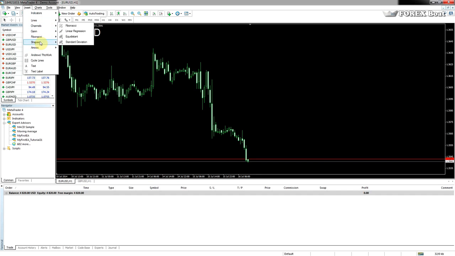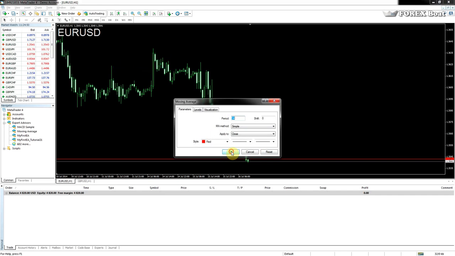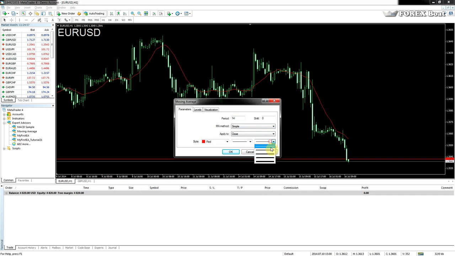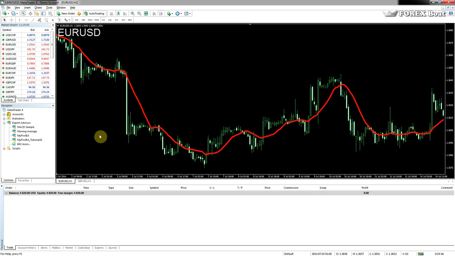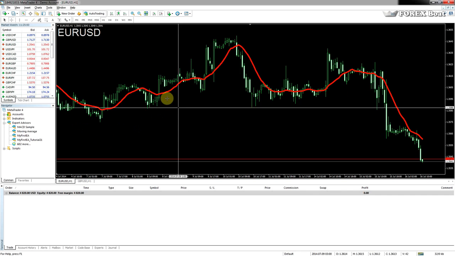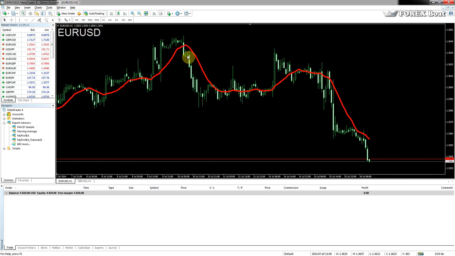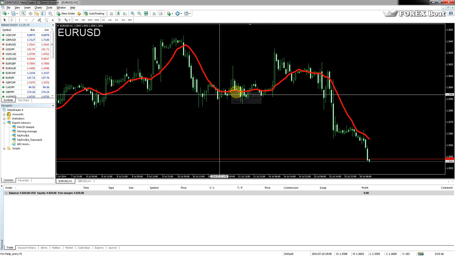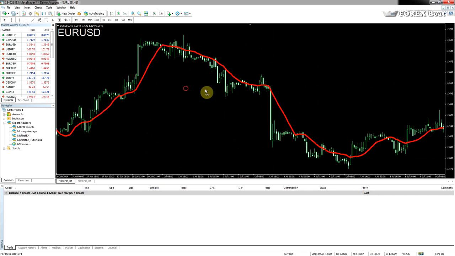Let's have a look at a quick one, moving averages. 14 is fine. I'll just make this a bit bolder. So that red line is a 14 bar moving average of the close price, and we could have a rule that whenever the price crosses the moving average, we open a transaction in the direction of the crossing. So here we would sell. Here, these are not favorable crossings for us, but here, for example, the price crosses and we buy. Where's another good one?